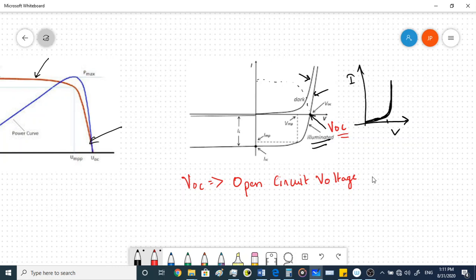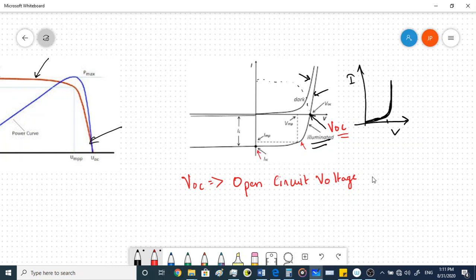Now another parameter that you can see over here. At this particular voltage the current will be 0, because at open circuit voltage the circuit is open and therefore there is no current, except the current passing through the meters that we are using for measurement. Then as you move downward, here the resistance is infinite, which means it's open, and then you slightly reduce the resistance to smaller values and you get a graph in this form.